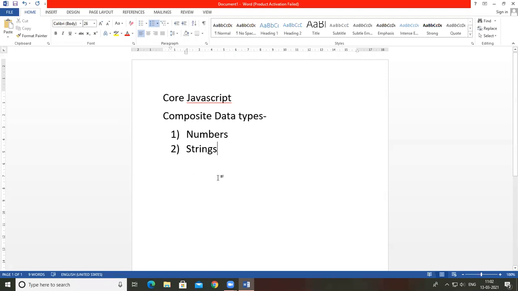There is another point, string methods. So there are different string methods available. We can do operations on a string by using these methods. There are different string methods available. In that, first one is